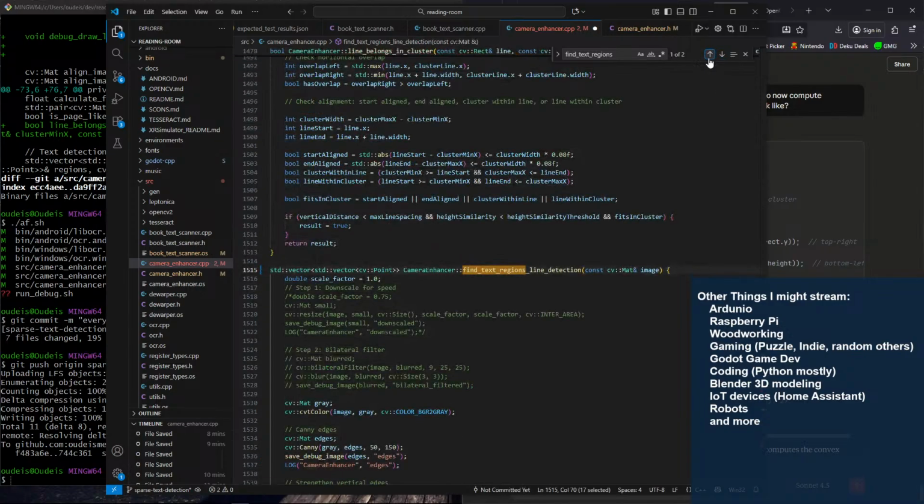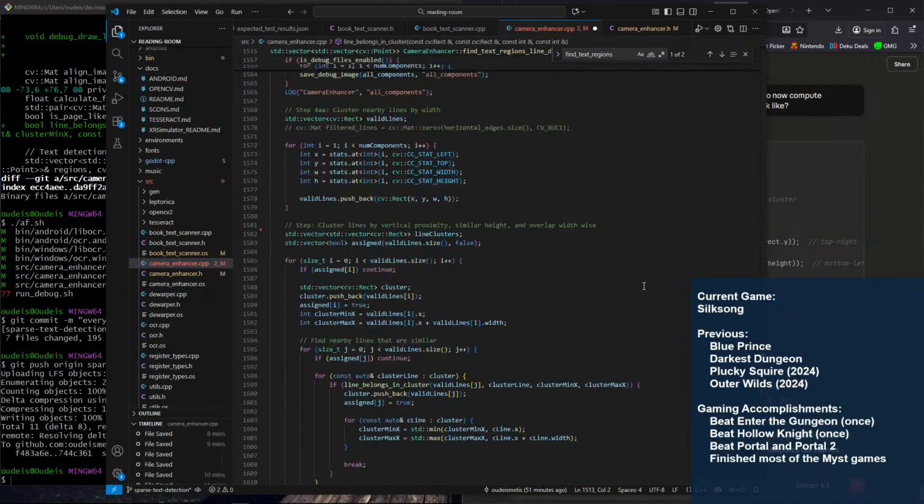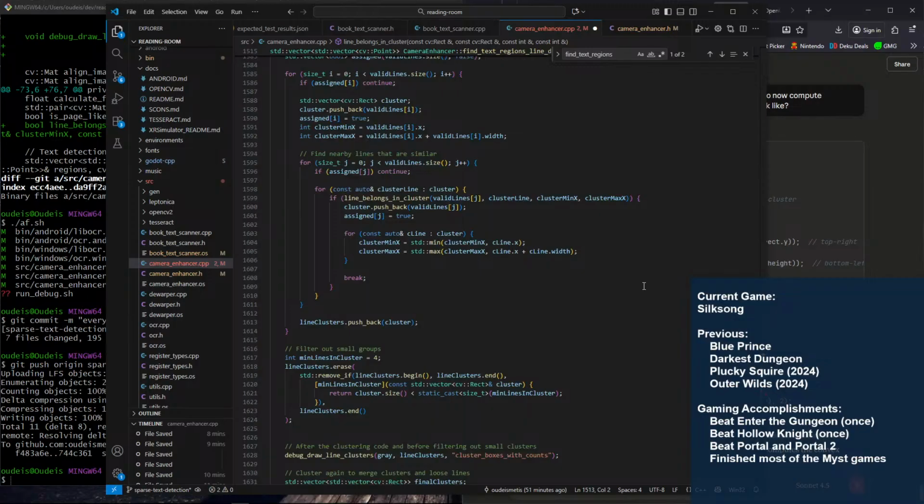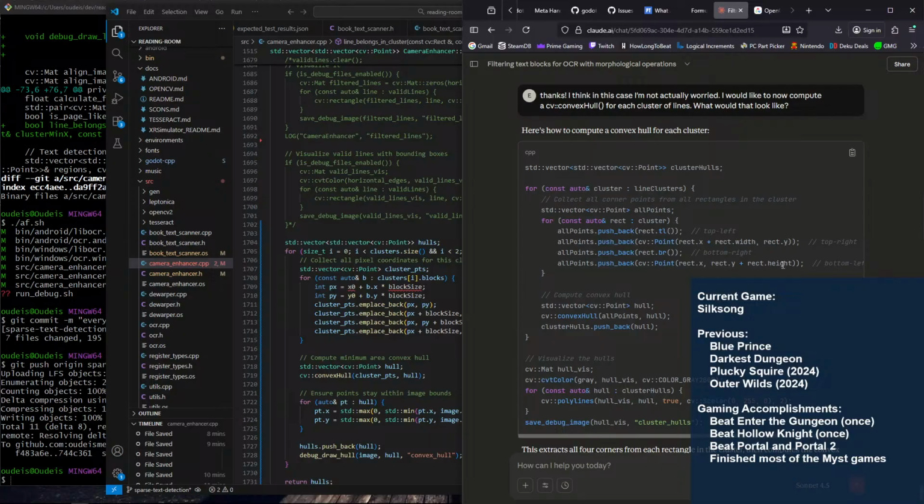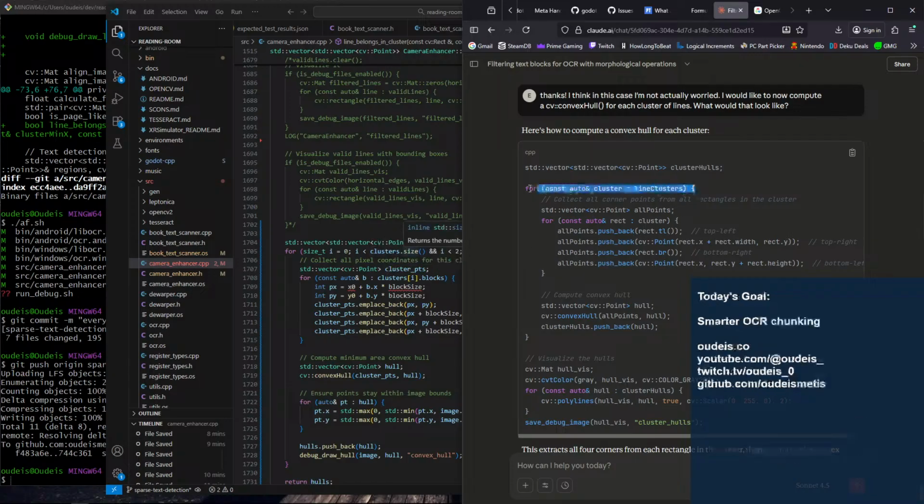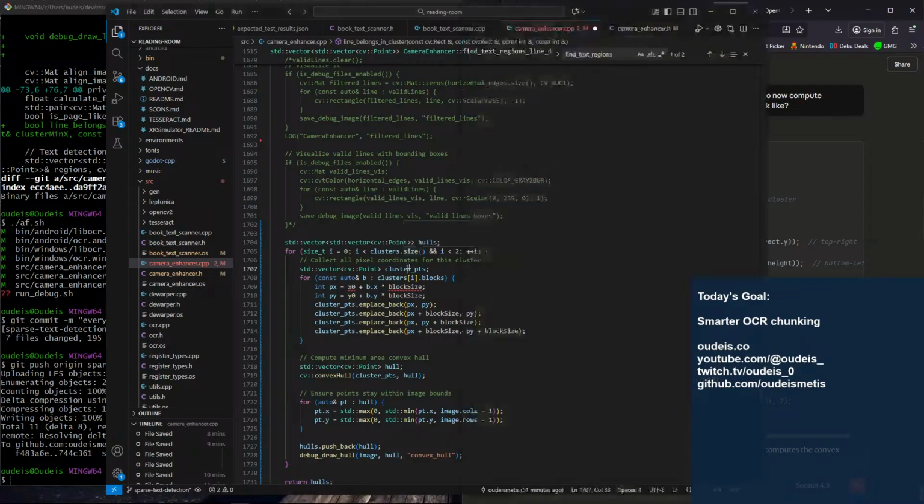Let's just see what happens. See if I have a problem. Because maybe I didn't need to sort them left to right. It's possible. Yeah, so there's my hulls. Okay, yeah. So it should just be